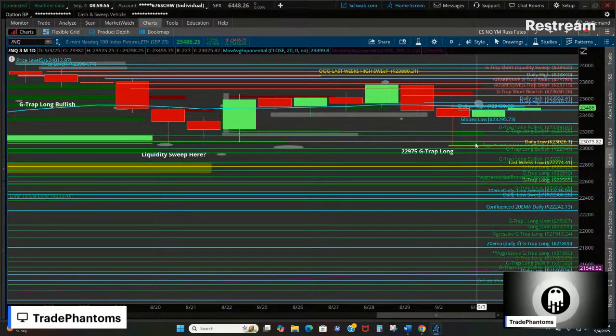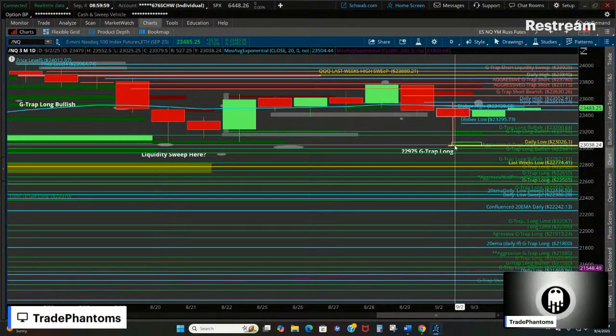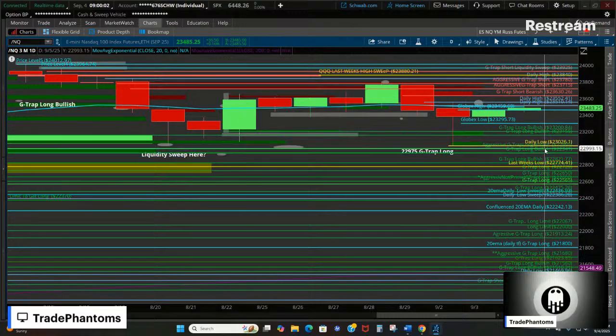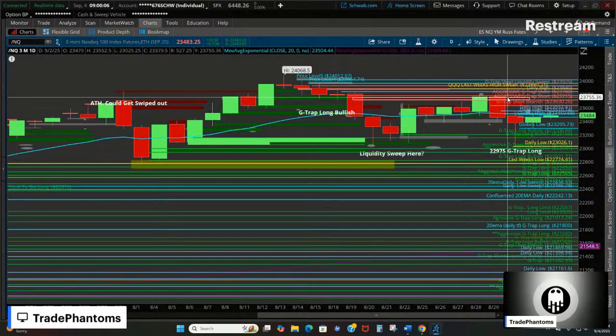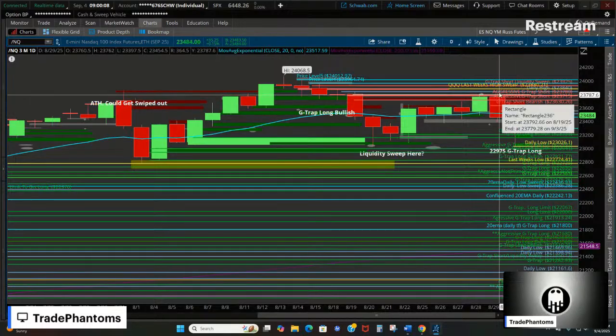All right. So I'll just reference point that daily low, which could be this weekly low. But anyways, if we were to break that, there's going to be a G trap below that. One thing that is a little bit different in the NASDAQ futures here, daily time frame, versus the S&P, comparing it,